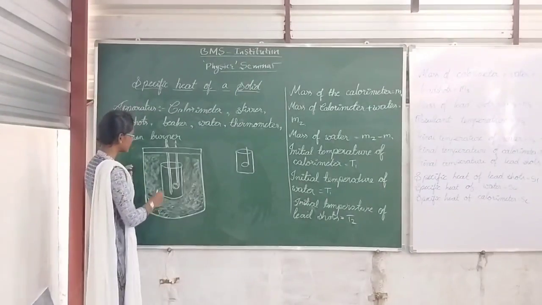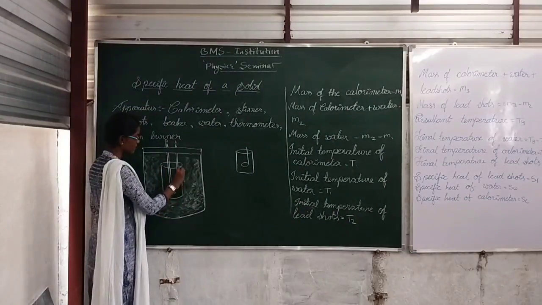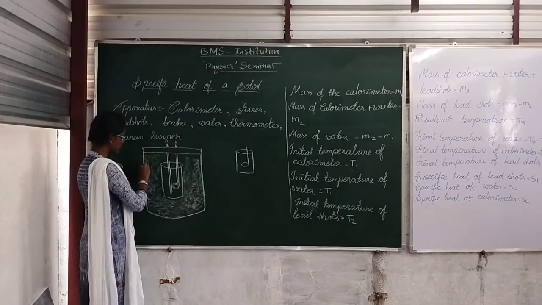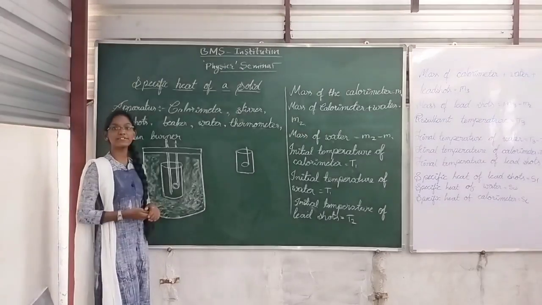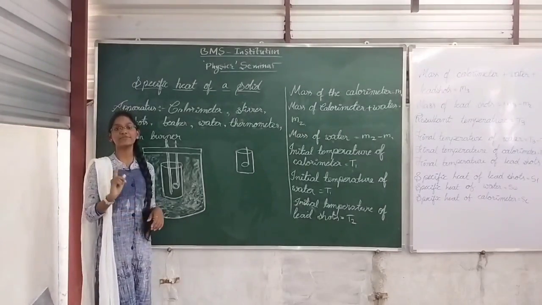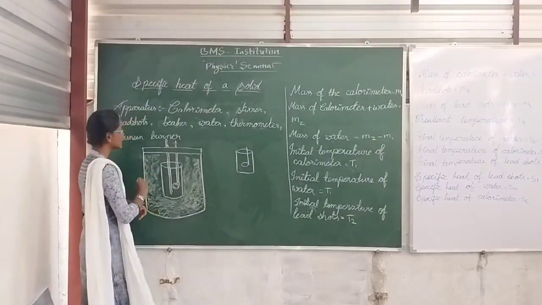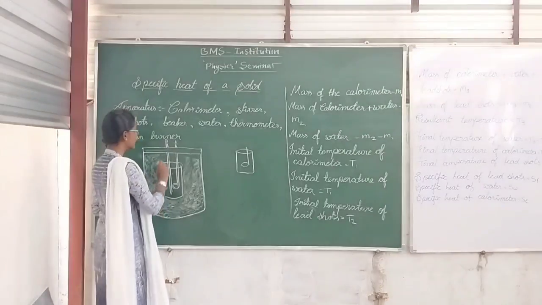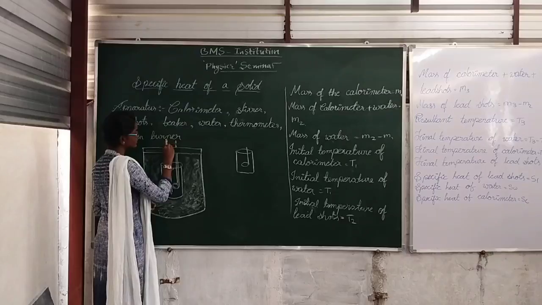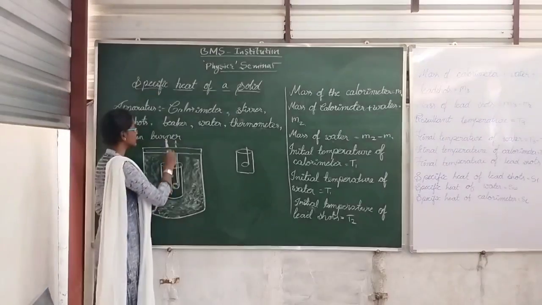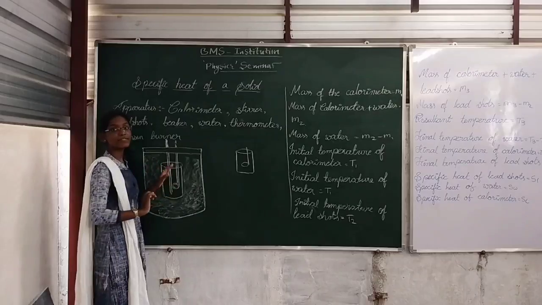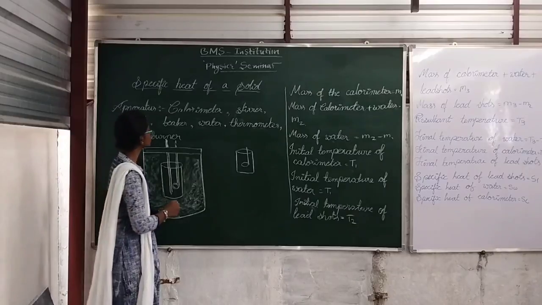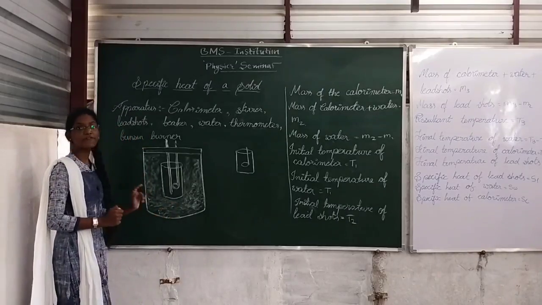This is the calorimeter, made of copper, and this is the stirrer of the calorimeter. This is the wooden box in which we have kept a bad conductor, because the temperature should not go out from it. That is why we have placed a bad conductor in that. There should be a lid for this wooden box, because from there also the heat should not escape. There should be a hole in the lid because we have to place a thermometer inside the calorimeter. Now see, this is the complete setup of the calorimeter.